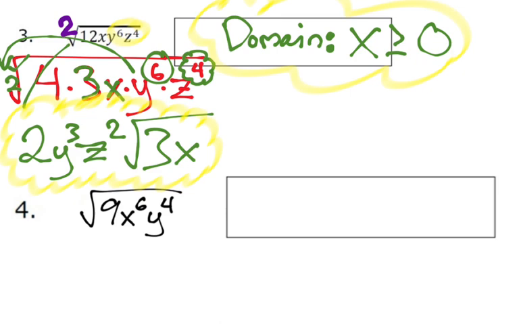We have an even index. That index was 2. In fact, let me just change to a different highlighter color because this is a really important idea. Red's fine. The index is even. In the original problem, we had even exponents. So don't even worry about the x. That x had a power of 1. In the final answer, if you have those two situations of an even index and even exponents, if in the